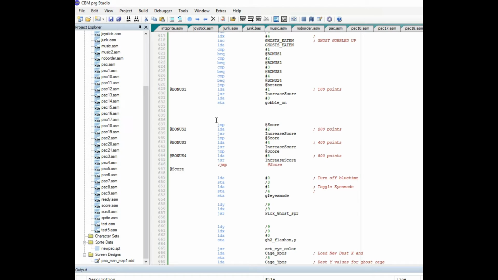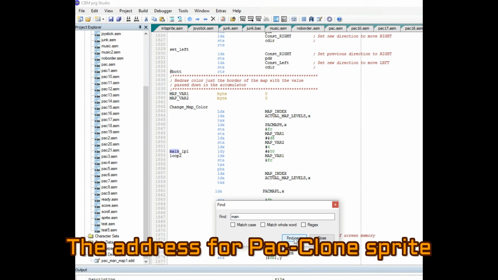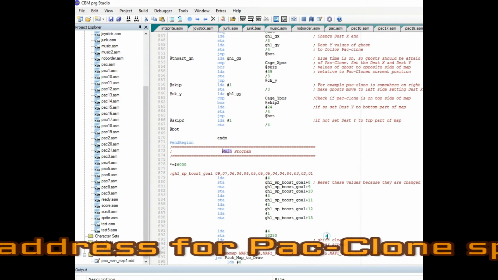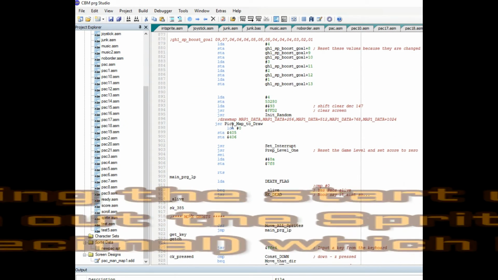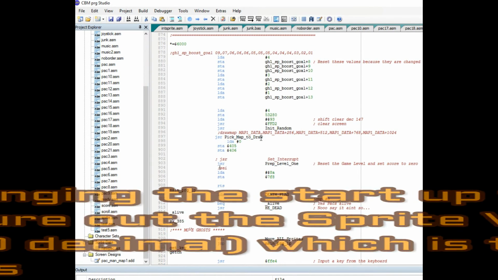And then the next thing is to load the value for .7F8, which is... I will just not set the interrupt to begin with. Right there. And then take out this. That might cause some weird stuff.